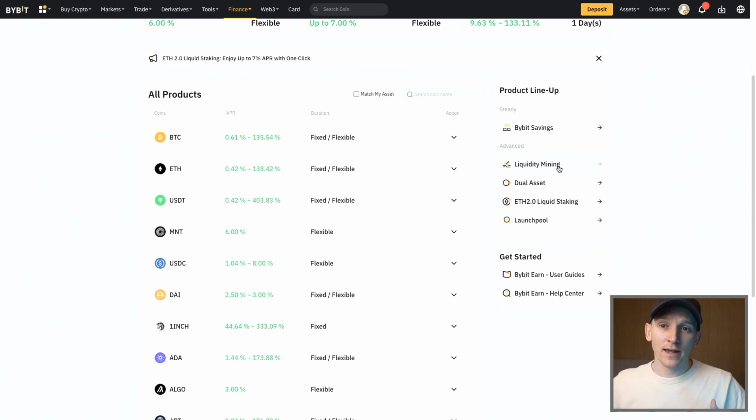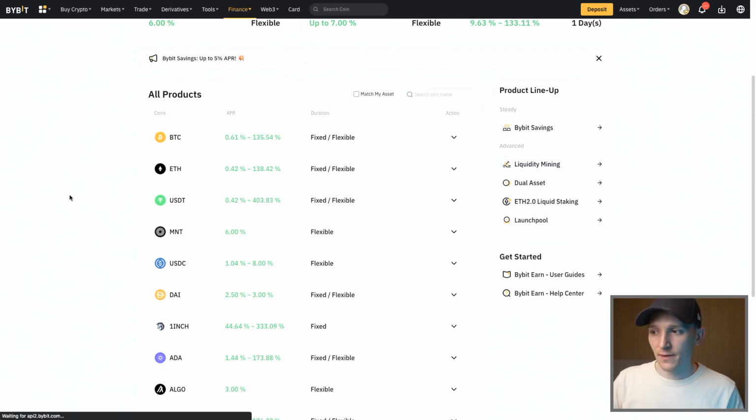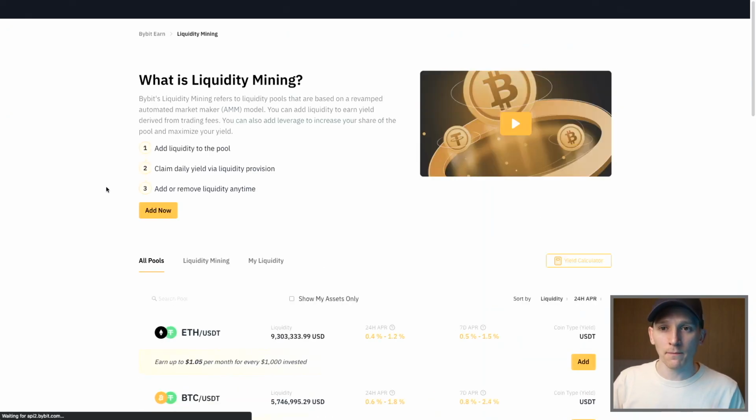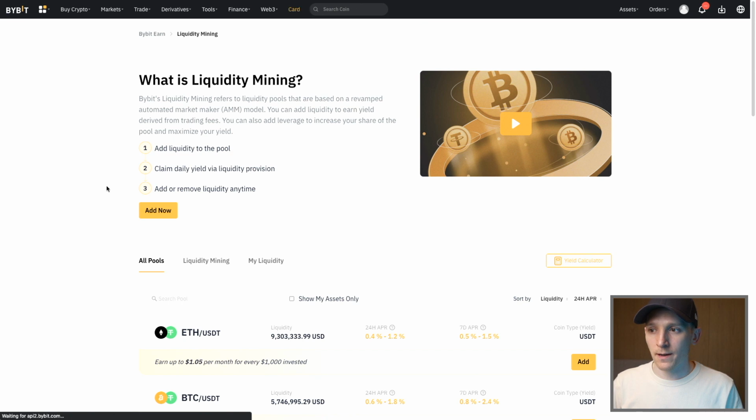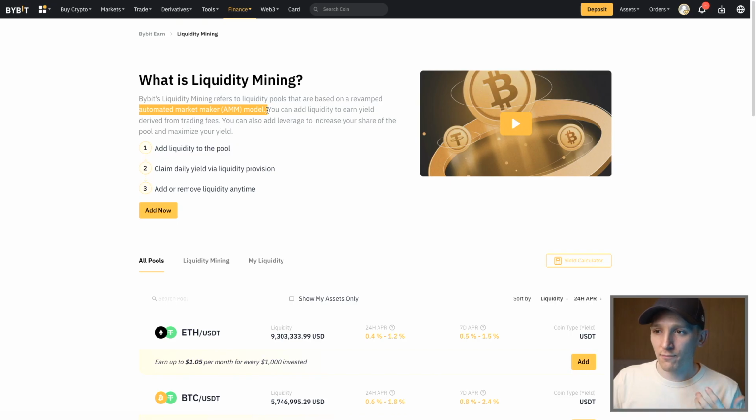Liquidity mining is something that you can do through Bybit. This is actually used on decentralized exchanges as well. So liquidity mining is something that happens on automated market maker pools. Again, pretty complex, but decentralized exchanges will use something called an AMM. And this is a mathematical model that tries to match buyers and sellers at a price where supply and demand